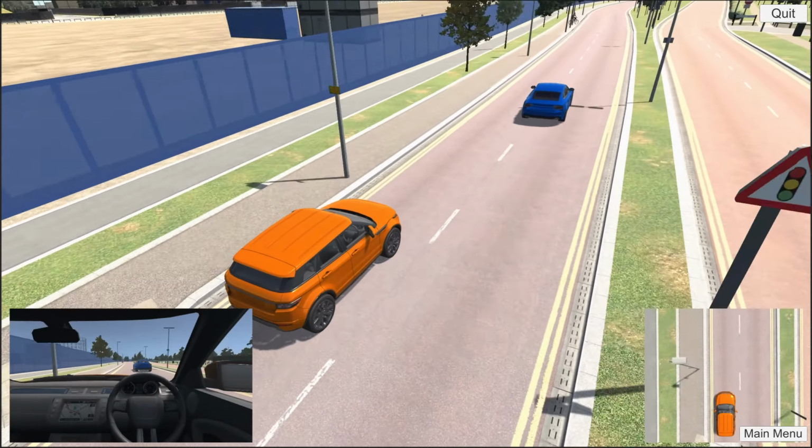And also getting that close to the vehicle in front, perhaps not the most comfortable of feelings for the passengers on board. Now, the next extreme of this is again the same beginning scenario, but this time our vehicle brakes very harshly, perhaps unnecessarily harshly, the moment it sees the vehicle in front braking. Now, yes, this time there is less likelihood of impacting the vehicle in front, but perhaps again not the most comfortable experience for people on board of this vehicle, and also it actually increases perhaps the likelihood of a rear end shunt by a vehicle following our ego vehicle. So perhaps this is not the most desirable